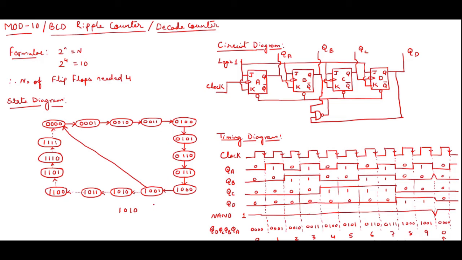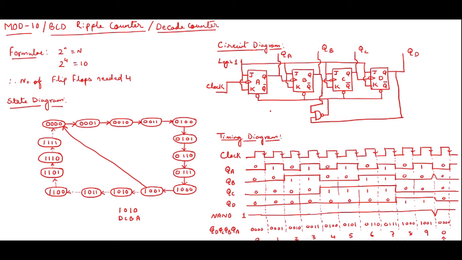So at this state I want to make my circuit reset. If you see this one, I have taken this as D, C, B and A. At D and B I am finding 1, and the rest, C and A, are 0. In the circuit, D and B I have connected to a NAND gate. So when both are 1 and 1, it will give 0. This 0 will trigger the flip flop as a reset and bring the flip flop to the 0 0 0 0 state.